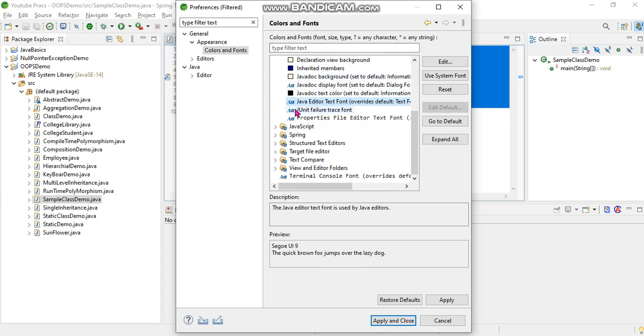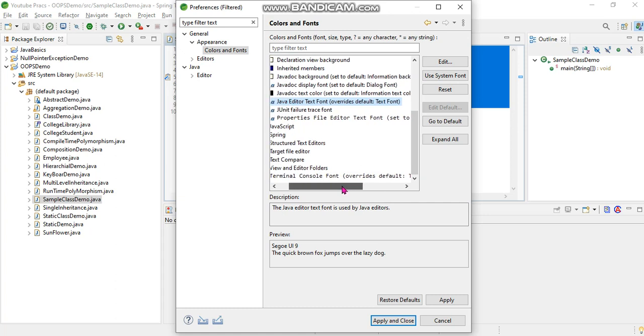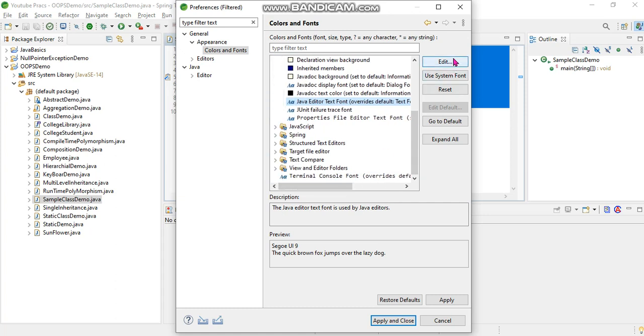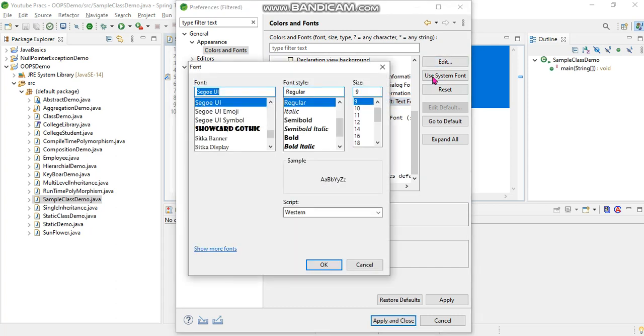As you can see, there's Java Edit Text Font. It is highlighted. It represents the text font, and you just have to click on edit, and here you can increase or decrease as per your wants how much text size you need to increase or decrease. Suppose I decrease, it will appear as a sample, it's showing in the template. So for demo purposes I will just select 20.